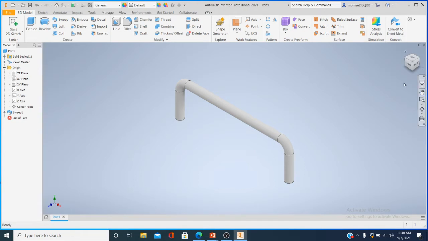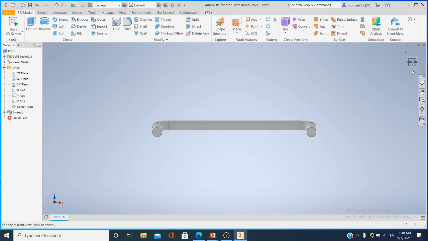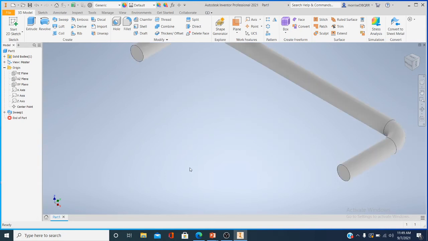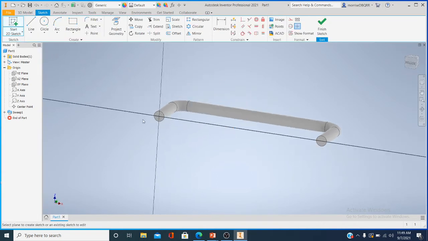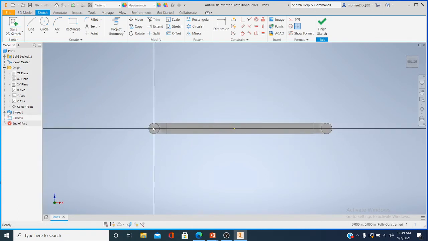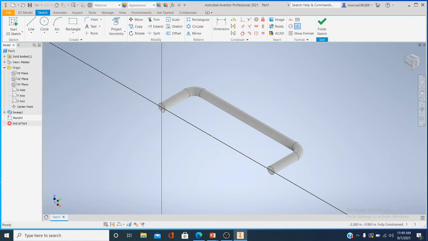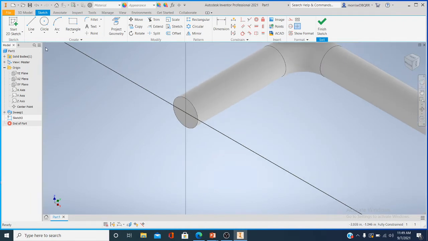So what I want you to do is orient your view so it looks like this. Go to Start 2D Sketch, click on this. We want to click on this surface right here. Okay. Now, we can zoom in if you want to, and go to Circle,